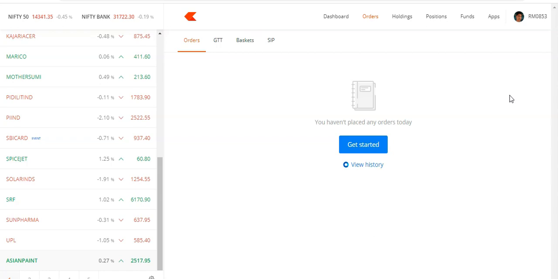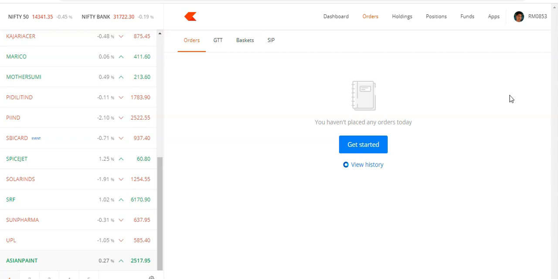Because when you check at the end of the day, you may feel like my GTT is triggered but it did not purchase. That is because the price dipped to your trigger price, but immediately it came up more than the price that you have provided in the GTT order. So this can happen. So to avoid that only, I am saying to give a buffer.